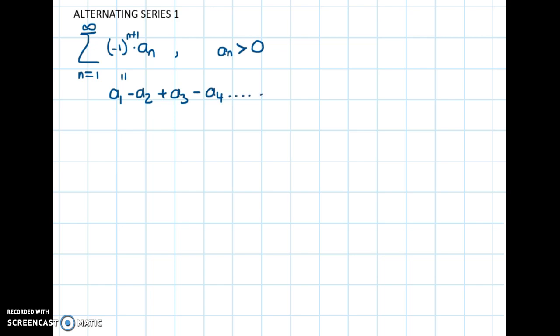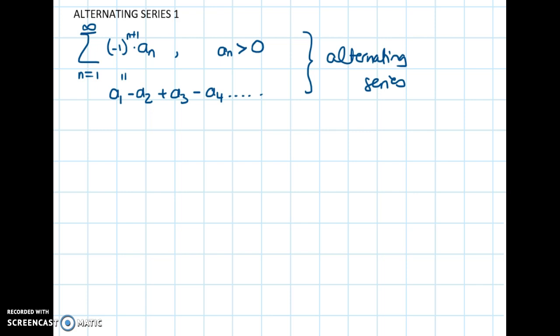So positive odd terms and negative even terms. This is what we call an alternating series. Okay, you may be wondering, what if we have something that actually alternates between positive and negative, but